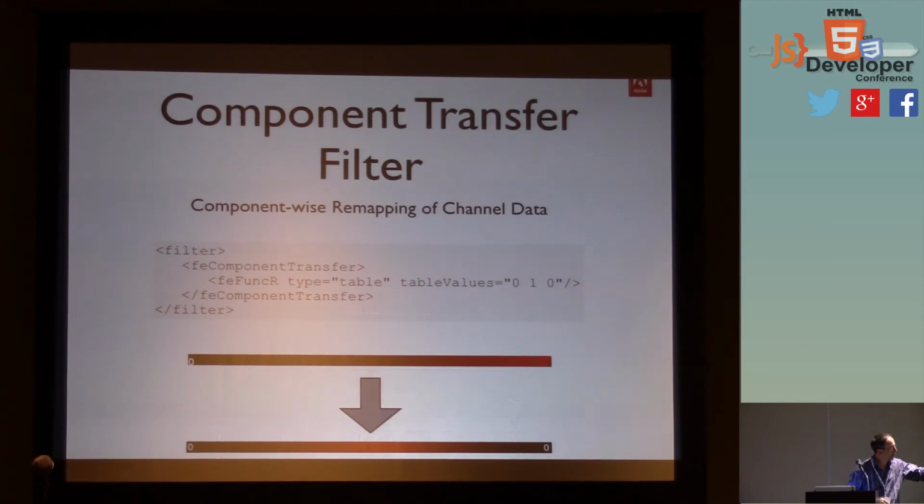And so if you look at the bottom, 0, 1, 0 means at the left edge of the gradient, its value should be 0. In the middle, it should be a red value of 1, which is full red, and at the right edge, it should be 0. So any images that are fully red are going to become black, but if they're half red, they're going to be red,